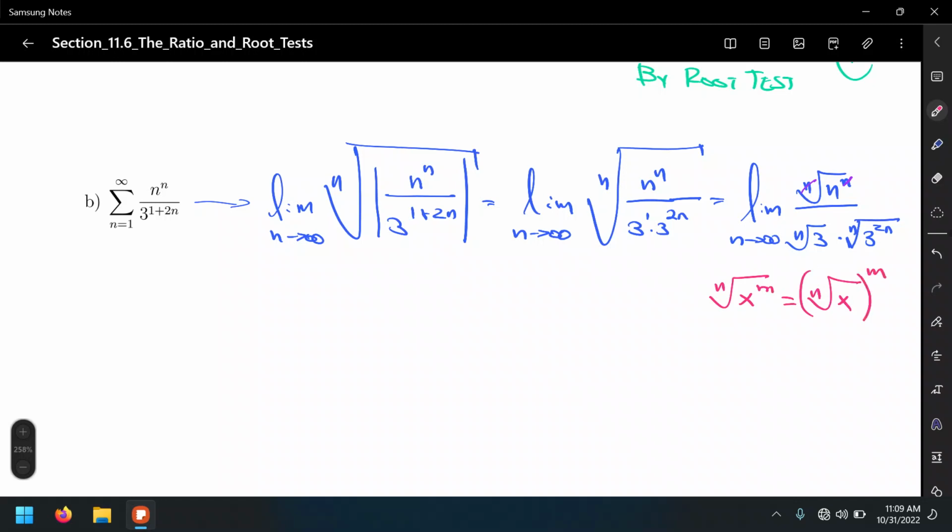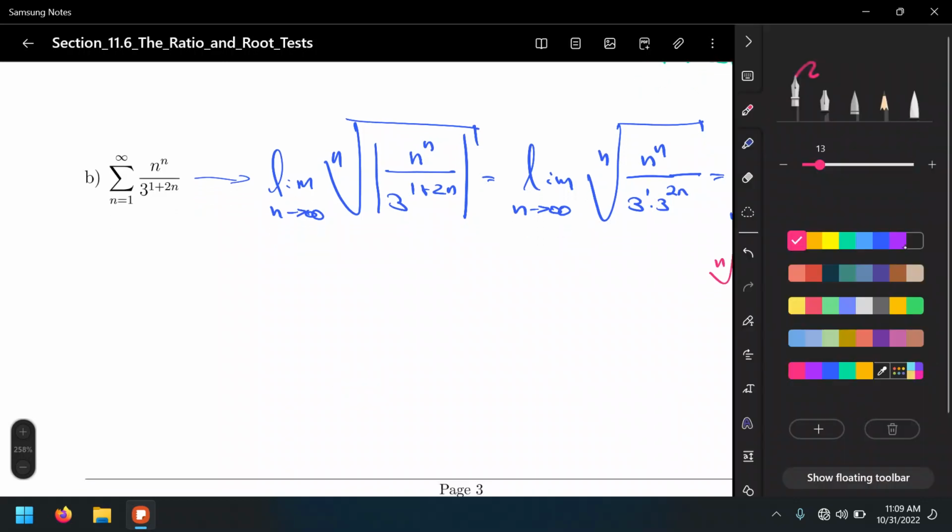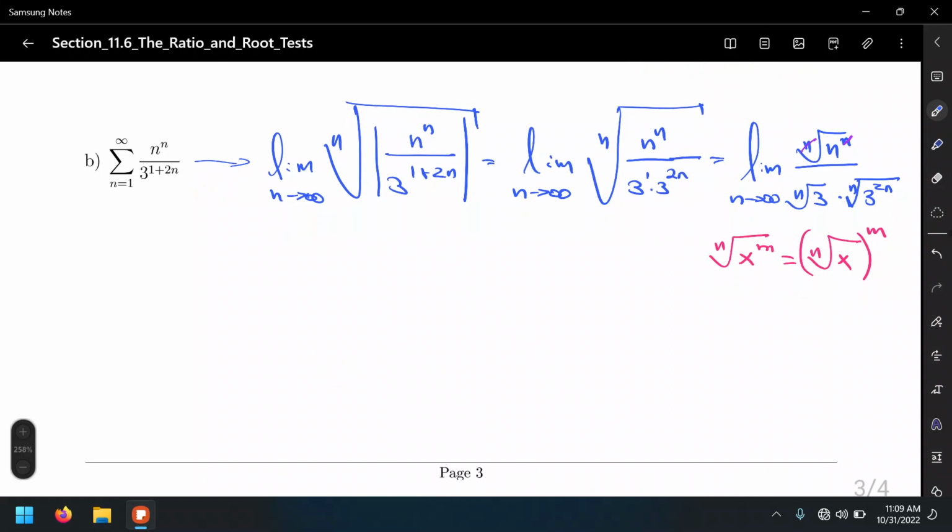That is, we can write that m power that is on top of the variable inside of the radical as the whole thing overall. Alright? That means that we should